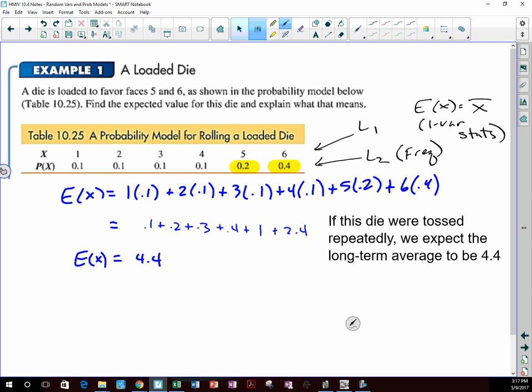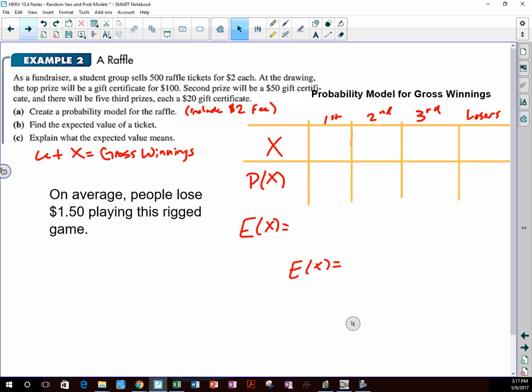So that'd be another way to do this. With a list this small, it's probably just as fast to do it by hand. In example 2, the raffle example, it says, as a fundraiser, a student group sells 500 raffle tickets at $2